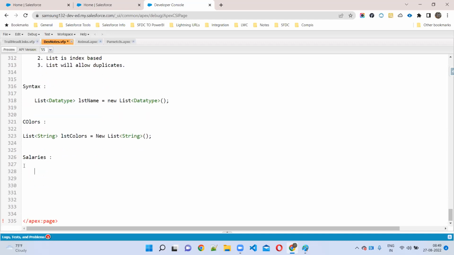How can we declare a list of integers? A list of decimals also works; you can take anything, integer or decimal, whatever you want. List of integer. List salaries: List<Integer> salaries = new List<Integer>();